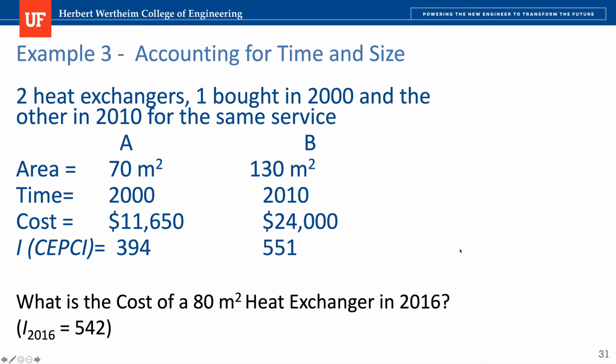A good strategy here is to start with the time. We can convert both pieces of equipment to the same time frame. It could be the one that the statement asks for. So we convert A and B to the same time of 2016, and then we deal with the capacity. For the capacity equation, the easiest way to calculate is to assume the exponent equals 0.6, using the six-tenths rule. Or, because we have enough information, we can actually calculate the exponent ourselves.